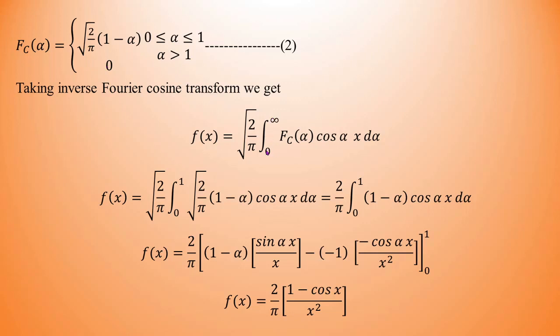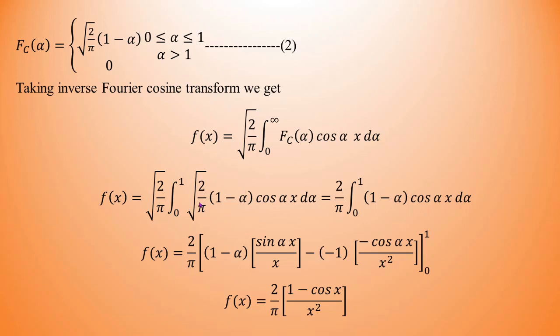So therefore this integral 0 to infinity is broken into two parts, one is 0 to 1, another is 1 to infinity. From 0 to 1, Fourier cosine transform is under root 2 by pi times 1 minus alpha. Whereas for the integral 1 to infinity, the Fourier cosine transform according to the definition given in equation 2, its value is 0. So the second integral vanishes, which I have not mentioned here. You should not get confused that madam has written here the 1. It's not by default. It's according to the definition of this Fourier cosine transform. So this one should be noted.